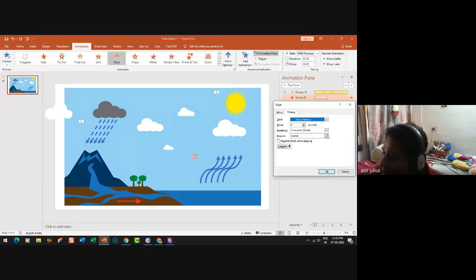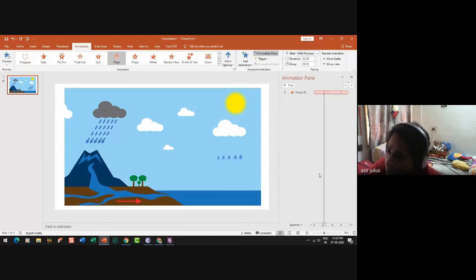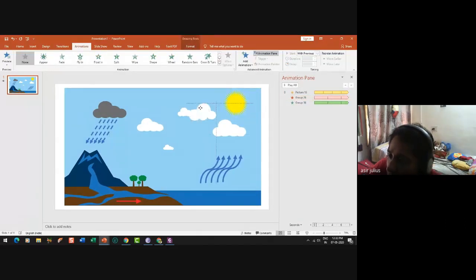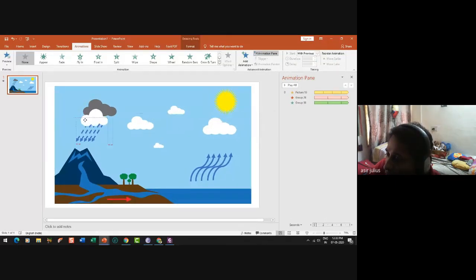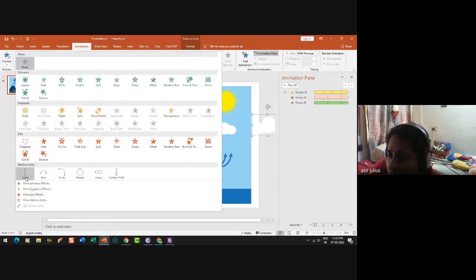And for this evaporation, I forgot to do one thing, that is I'm clicking this, I'm going to timing, selecting the repeat until the end of the slide. So all will happen at the same time, and ultimately we wanted to give this cloud a small animation by moving from one end to the other end. Now I'm not going to add an entrance, emphasis or exit, but I'm going to add this motion path. This motion path is a customizable path. You can do whatever you want. You just select a line,